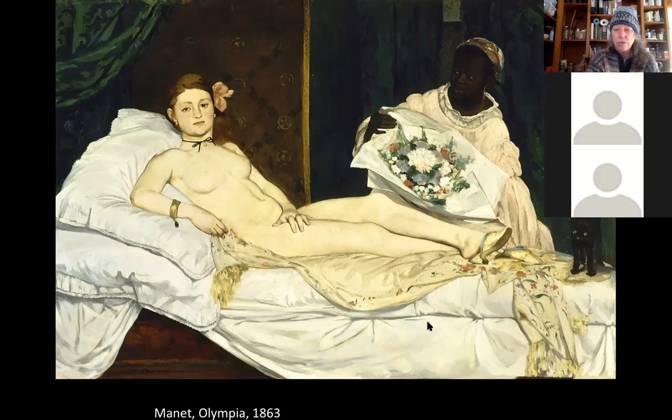But how do we know what actual moment this is? Well, art historians say this is the moment where the customer arrives. How do we know? Because she sits up and looks right at the customer. The customer maybe has brought some flowers that her maid is presenting to her. And then the cat is alarmed. The cat doesn't know you, the customer. Maybe you're a new customer. Anyway, the cat's going, ah, like that.